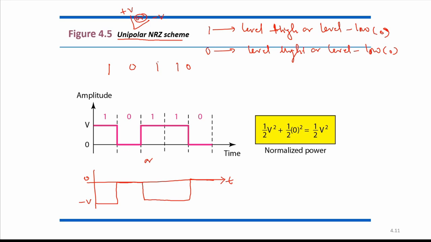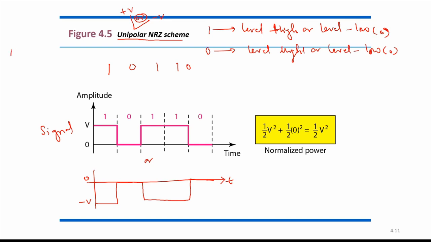Then again 1 is a high level, plus V, then low level. So this is the encoded signal, which will be transmitted. This is done in unipolar